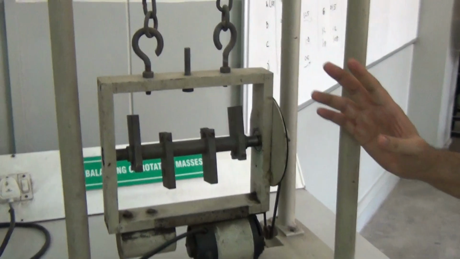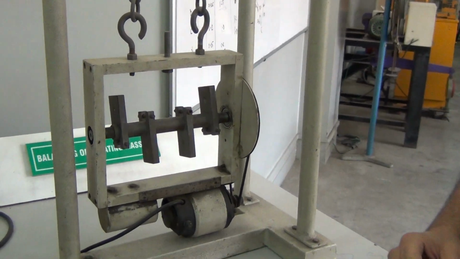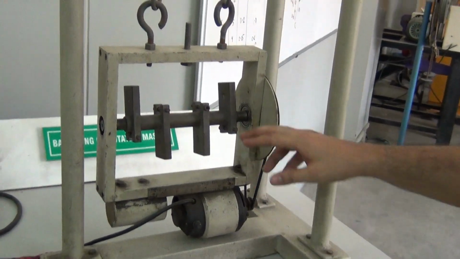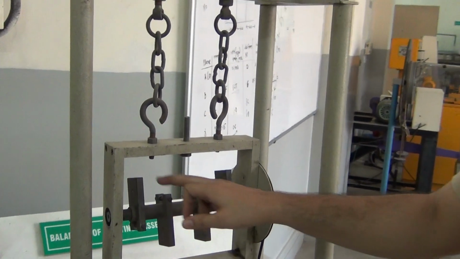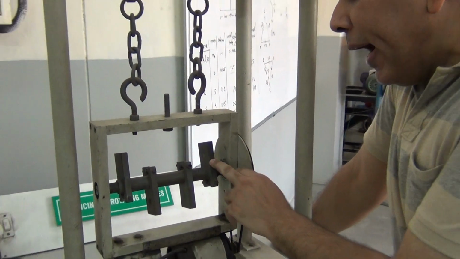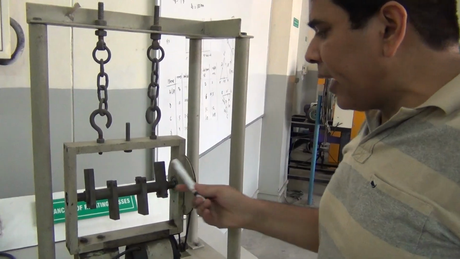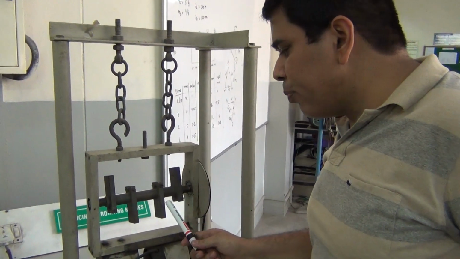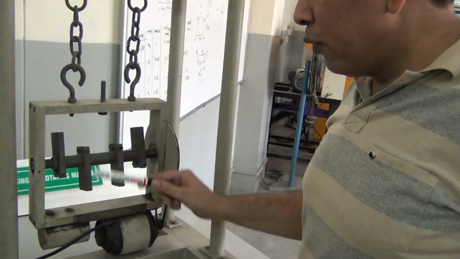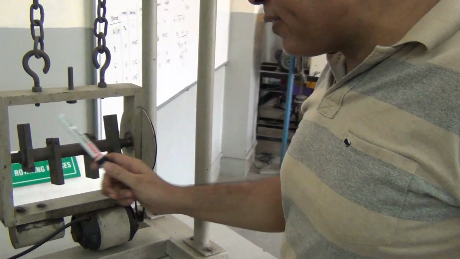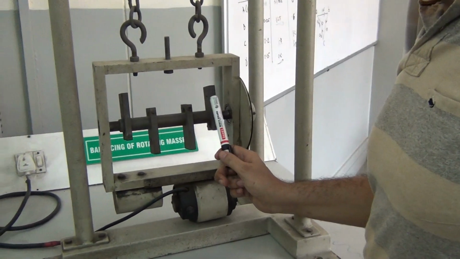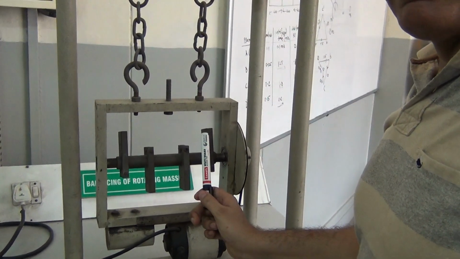In this experiment, we have already pre-arranged the system for the simplicity of the solution. Suppose these are masses A, B, C, D. You can see with the symmetry that masses A and D are in the same direction, and masses B and C are in the opposite direction. So all the forces will be balanced. That means MA plus MD equals MB plus MC, and if you take the couple at any point, this will give you the couple balance also.